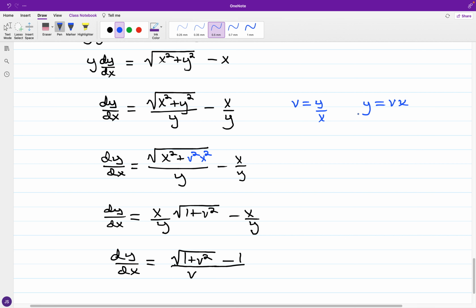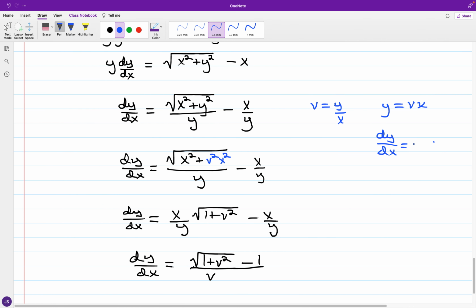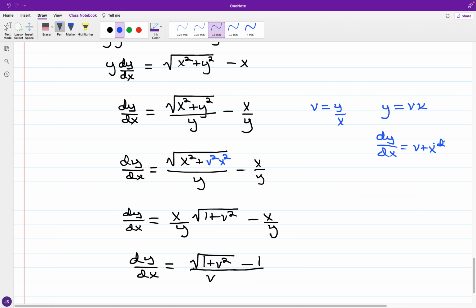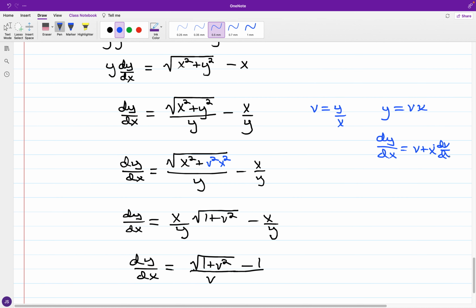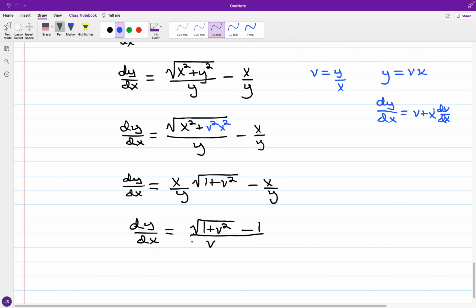And for y is equal to vx, we're back in the terrain whereupon we have dy over dx is equal to v plus x dv over dx, and just setting the dy over dx terms equal to each other. So you're going to have v plus x dv over dx